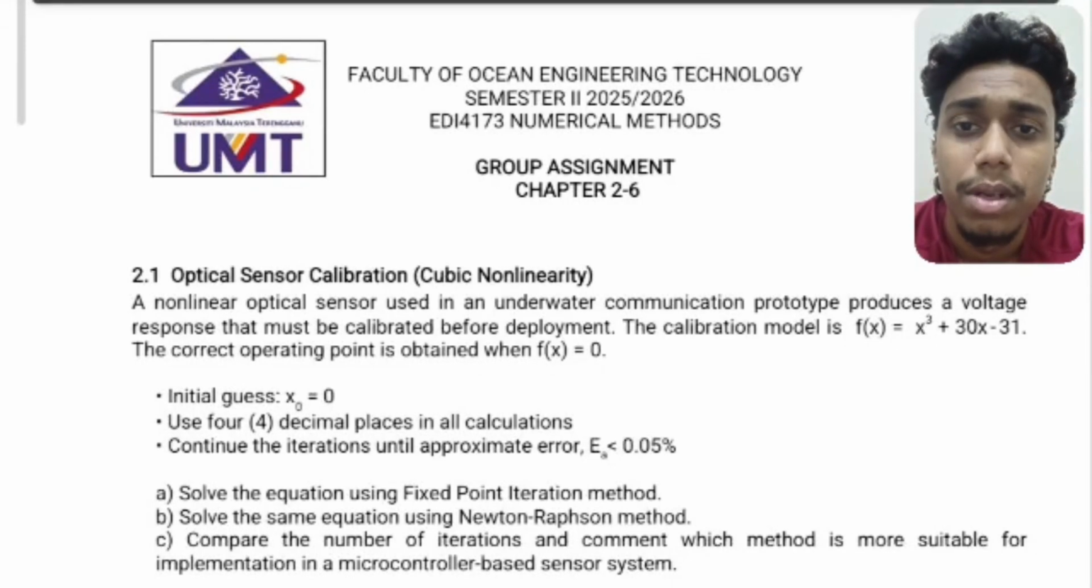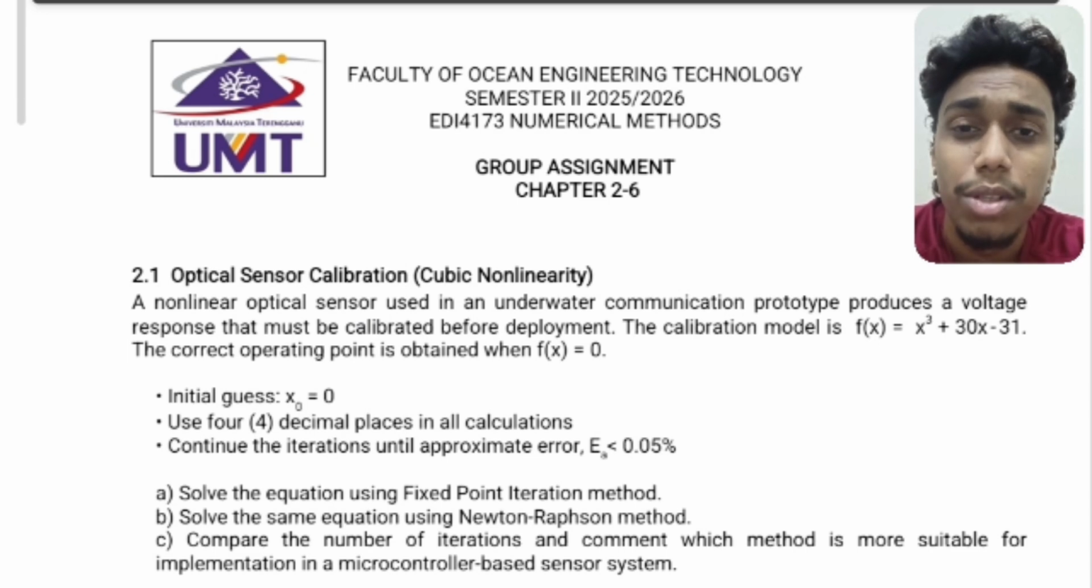Today I'll present about our assignment for Chapter 2, Question 2.1 regarding optical sensor calibration using cubic nonlinearity. The given calibration equation is f(x) equals x cubed plus 30x minus 31. The objective is to determine the correct operation point when f(x) equals 0 using two numerical methods, which are the fixed point iteration method and the Newton-Raphson method. The initial guess given is x0 equals 0 and all calculation must use 4 decimal places with approximate error